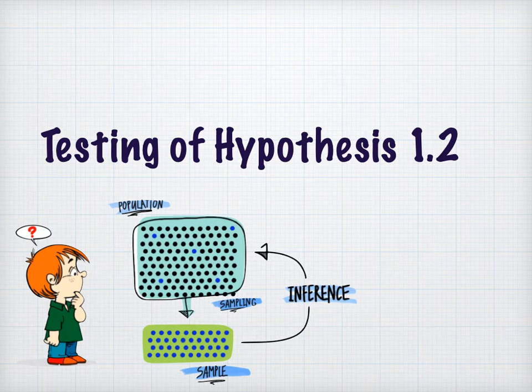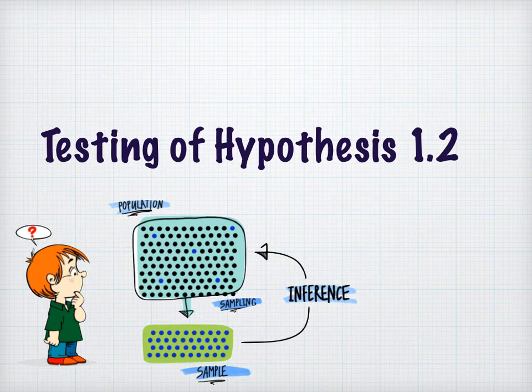Hi everyone. Today we are going to discuss some basic definitions or basic terms that are related to the testing of hypothesis. In the previous video, it was about what a hypothesis is and what some types of hypothesis are, such as simple hypothesis, composite hypothesis, null hypothesis, the alternative hypothesis, etc. Now we are going to discuss this hypothesis and some errors related to this,